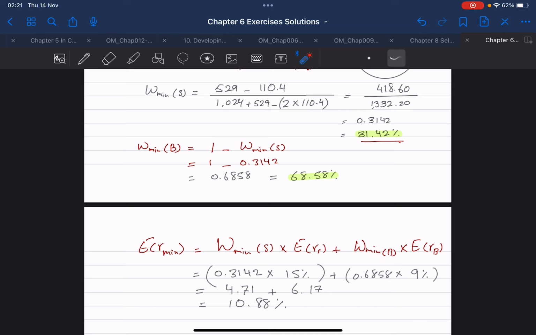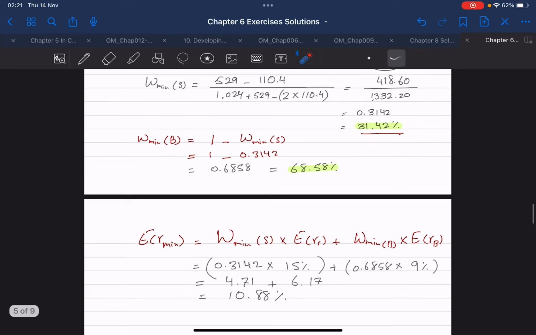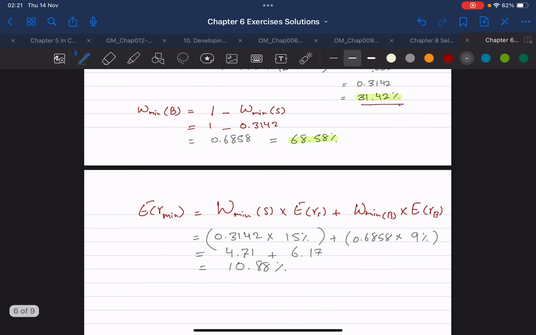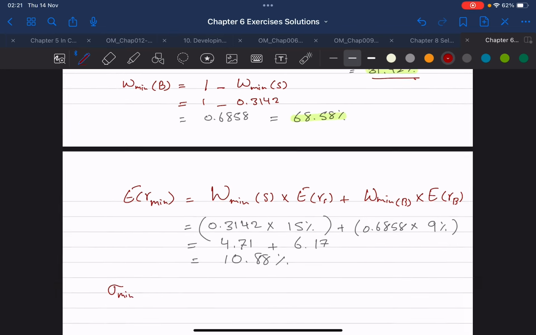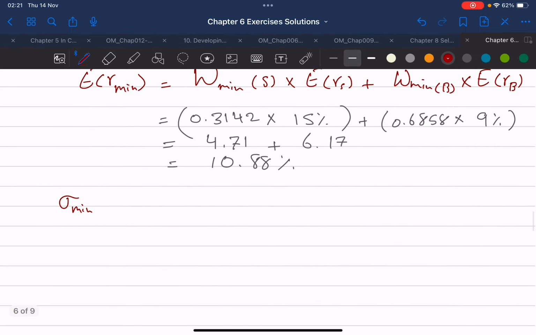We also want to know what would be the standard deviation on the portfolio as a whole. We know the standard deviation on the stock fund. We know the standard deviation on the bond fund. We now know the covariance, so we can use the following formula to figure out the standard deviation on the minimum variance portfolio is going to equal